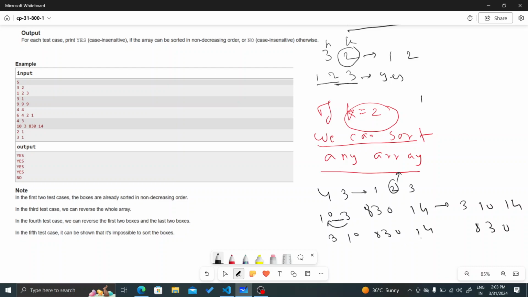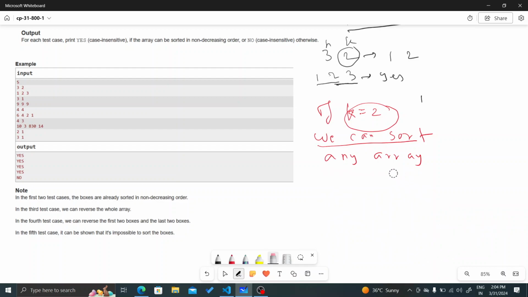So I have to bring 14 to this position. So I will choose this subarray and reverse it: 3, 10, 14, 8, 30. So it's sorted. As per the observation, we can conclude that if k equals 2, we can sort any array. So we can come to the conclusion that